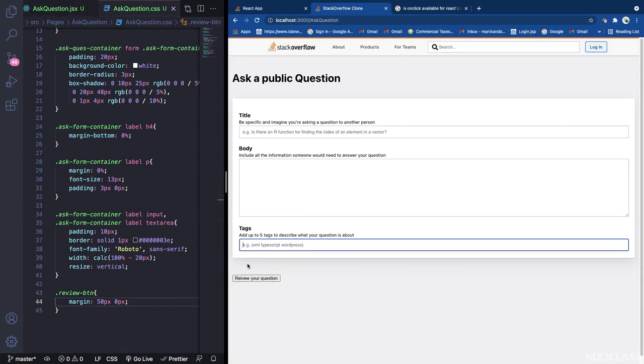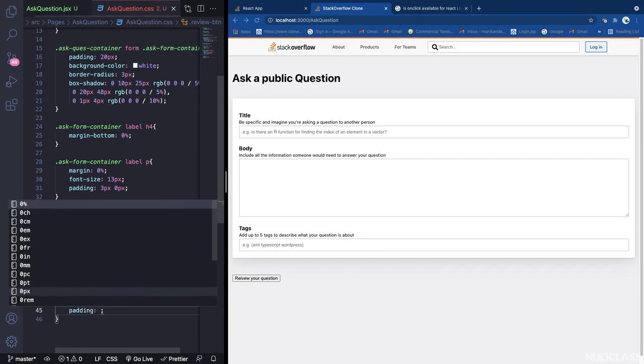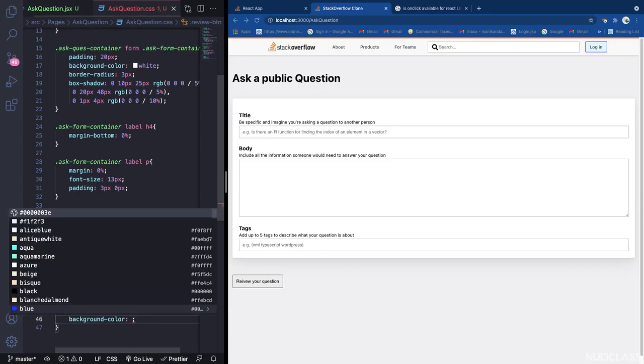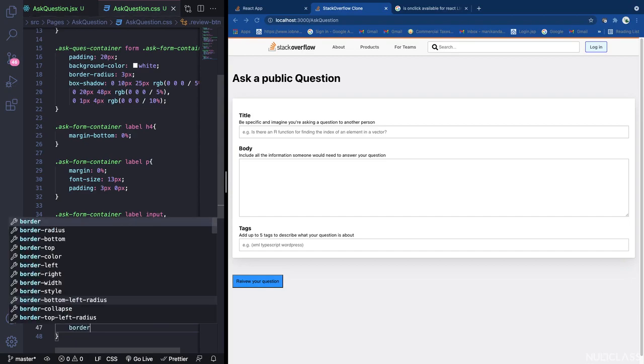So here you can see there is a top margin as well as a bottom margin, so that it will be somewhere down. There will be a space between the button as well as the font. So that's why we have provided a margin, and we will increase the padding so that the padding is going to be 10px on top and bottom as well as the left and right. So it is the same value. So we'll just leave it like that. You can see the padding has been given here for the text, and we're just going to have a background color of #009DFF,